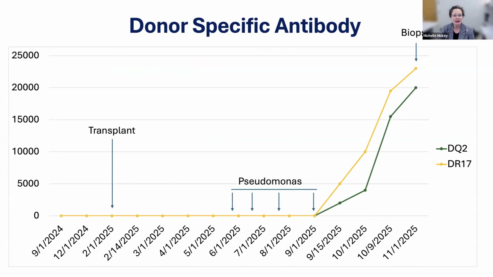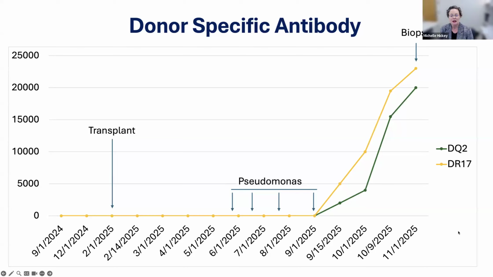Next slide. So the patient had no donor-specific antibodies pre-transplant, as shown in the longitudinal line graph here. He was transplanted in February of 25, and went on for quite a while with no donor-specific antibodies, and then encountered these bouts of Pseudomonas, and then beginning in September of 25, had his first occurrence of donor-specific antibodies to DQ2, shown in green, and DR17, shown in yellow. These donor-specific antibodies were first weak and became stronger, and ultimately the patient had a biopsy, which